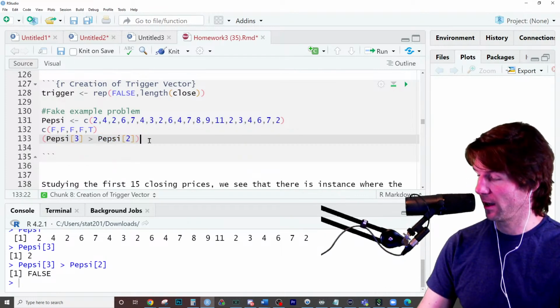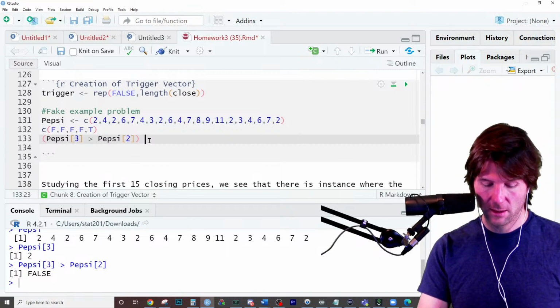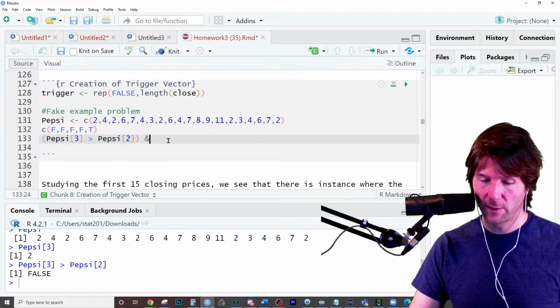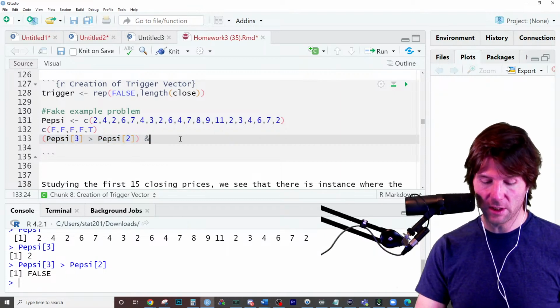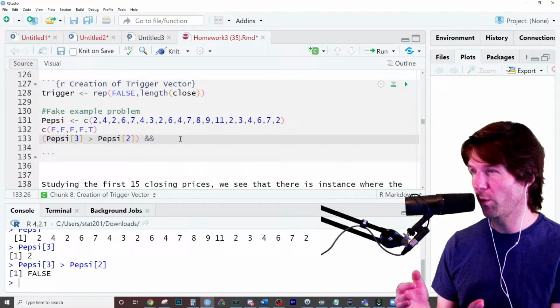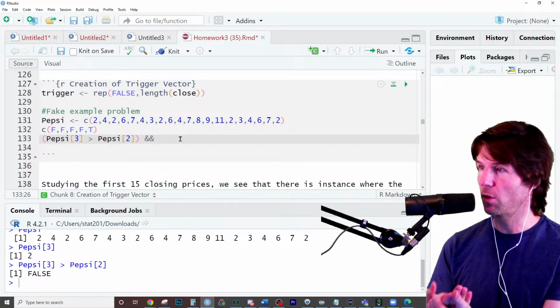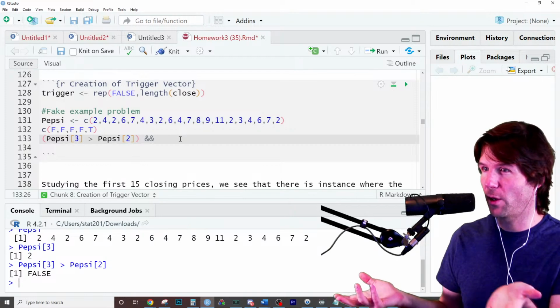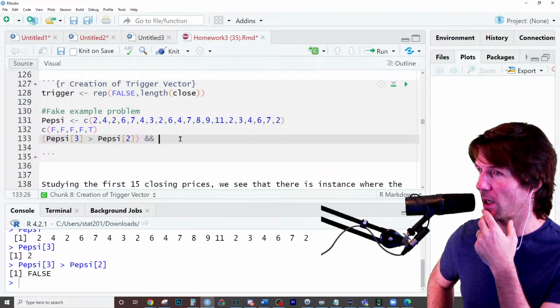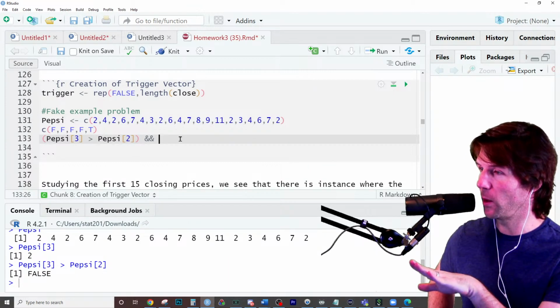I'm also checking, and I need someone to help me out right here. I'm also checking what? Because I want to know it went up 2 days in a row. So you can do a double and, because that'll actually stop it. Once it knows that that's false, it actually won't go further. The double and is like a block if it knows the answer. Because if there's a false and you're doing an and, that actually stops it from evaluating. It saves time. I think of it as like a stop evaluating thing.